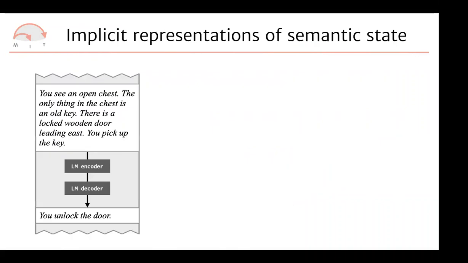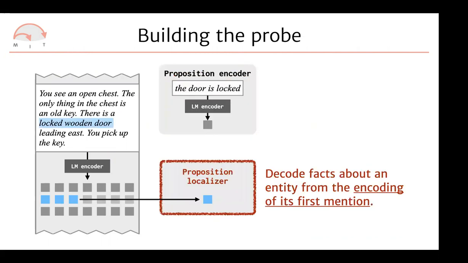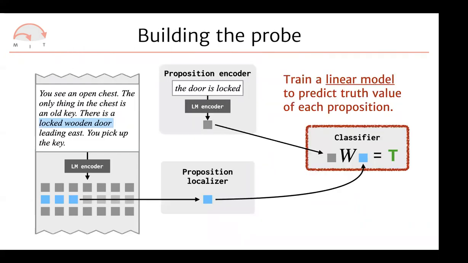In the interest of time, I'm not going to talk too much about how we actually look for evidence of these things, apart from saying basically that I'm going to build some sort of auxiliary model that sits off to the side, that looks at representations in this language model, and that tries to recover from those representations a structured description of the state of the world, like we have on the right-hand side of the slide. And the important thing, skipping over all the details here, is that you can actually do this with a linear